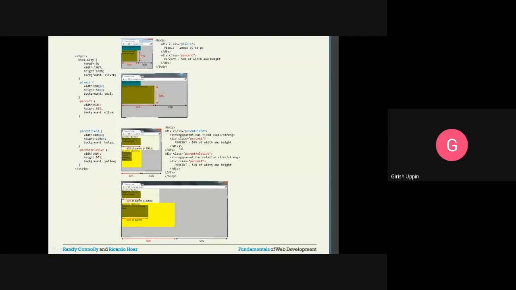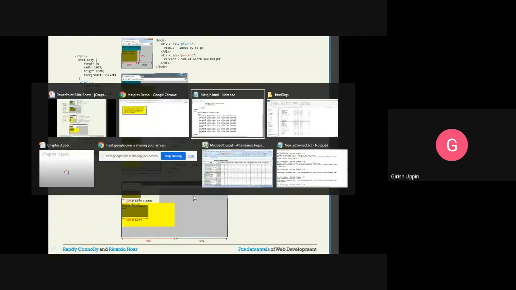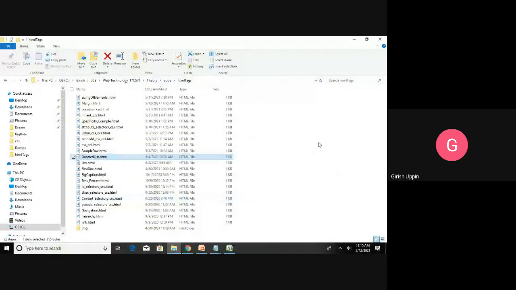That is the first text. Then second one is the div. That is percent. This is using percent, and this div is using a fixed. Then we have one more div, parent relative. We use the parent relative, and width is 50%, height is 50% of the parent. So I will show you the example so that will clear the doubts.